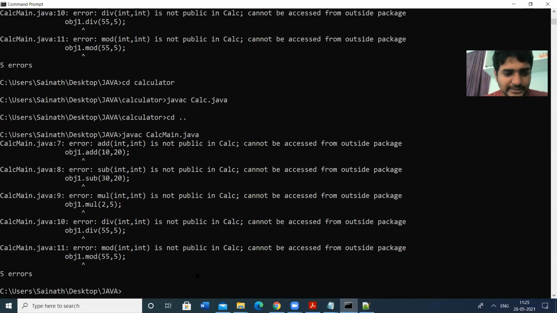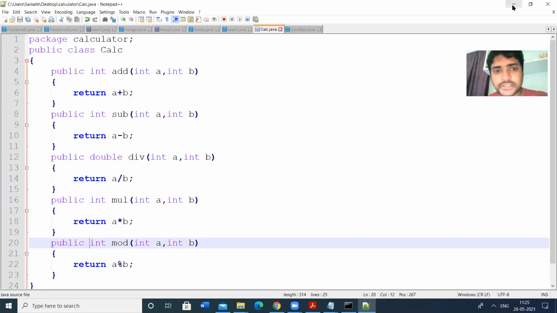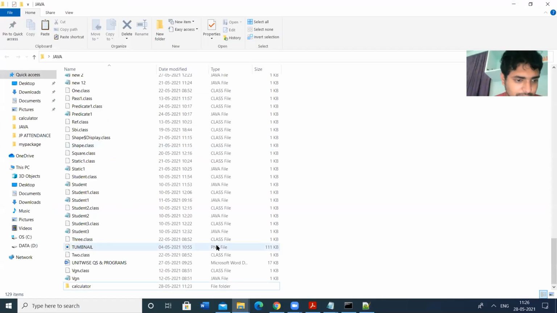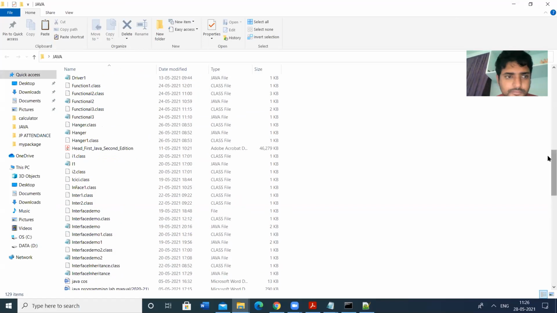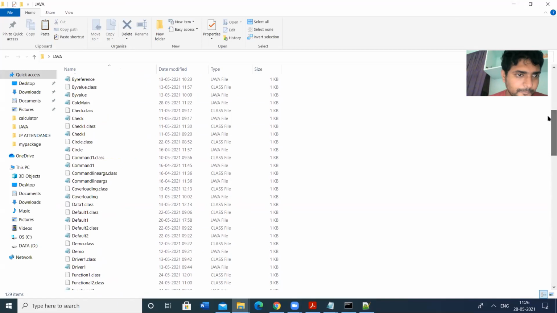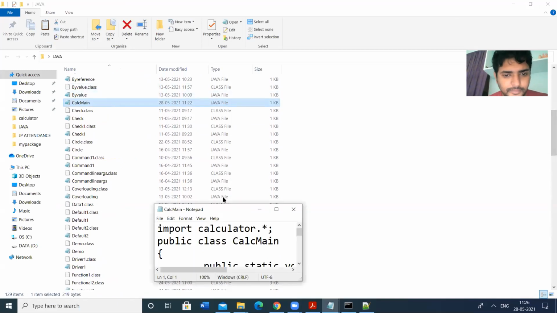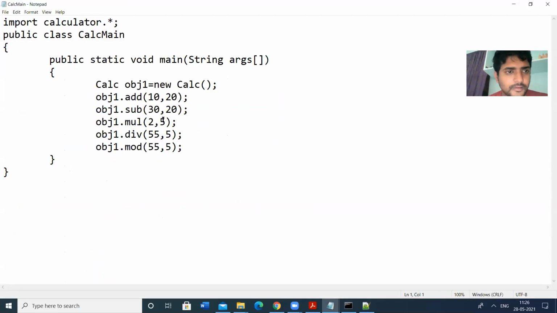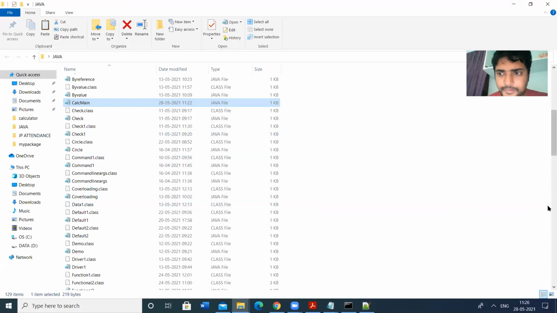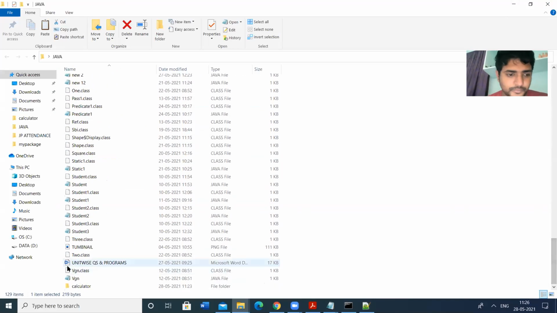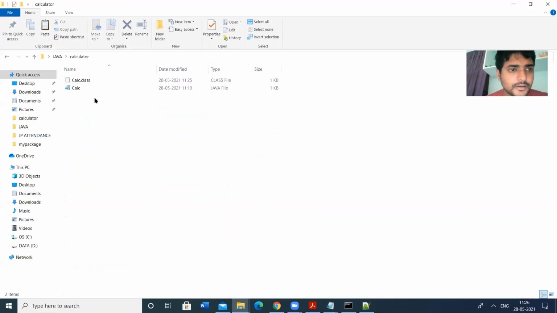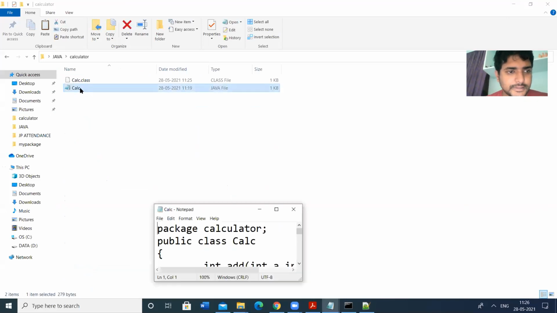It's not public in calc. The program is, I think, not saved. So here saved. Let us see. Calcmain. So this is okay. So the calculator, calc method.